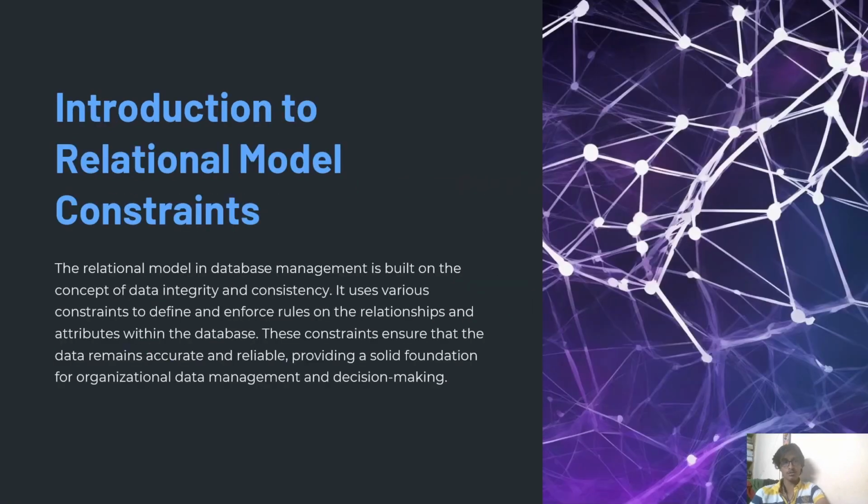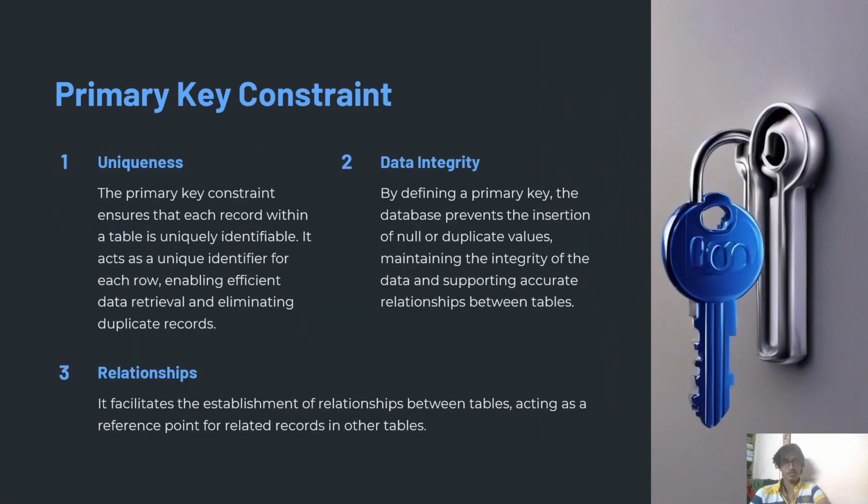So now we're going to learn about the relational model constraints. We have learned about the relational model, so now we'll learn about the constraints. The relational model in database management is built on the concept of data entry. We've learned this. It uses various constraints to define and enforce rules on the relationships and attributes within the database. These constraints ensure that the data remains accurate and reliable, providing a solid foundation for organizational data management and decision making. So, primary key constraint, what we have learned,